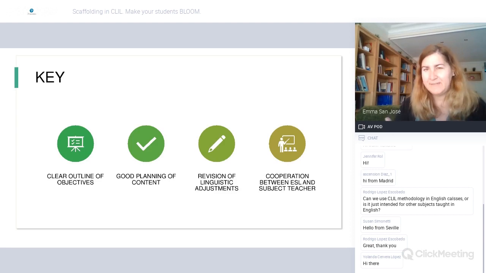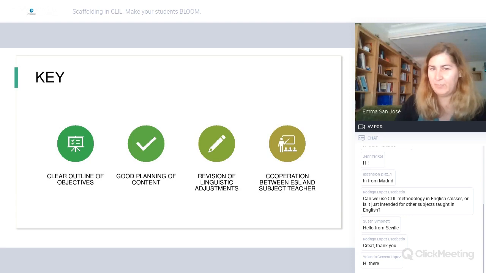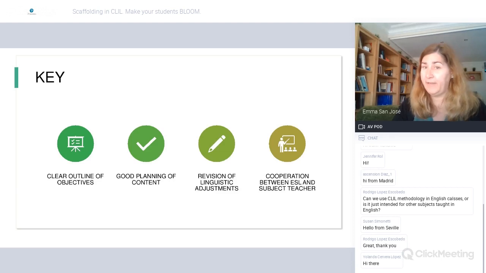We'll have to decide the order in which things are going to happen. We'll also need to check what linguistic adjustments need to be made, if any, and normally there will be. And this is when we come back to what you were asking before. We have to find cooperation between the language teacher and the subject teacher for many reasons. One of them is that, as I said, maybe the subject teacher is great at geography, but just got a C1